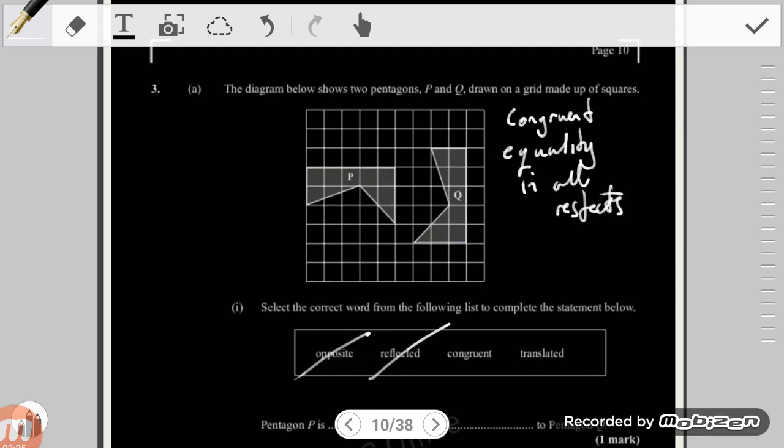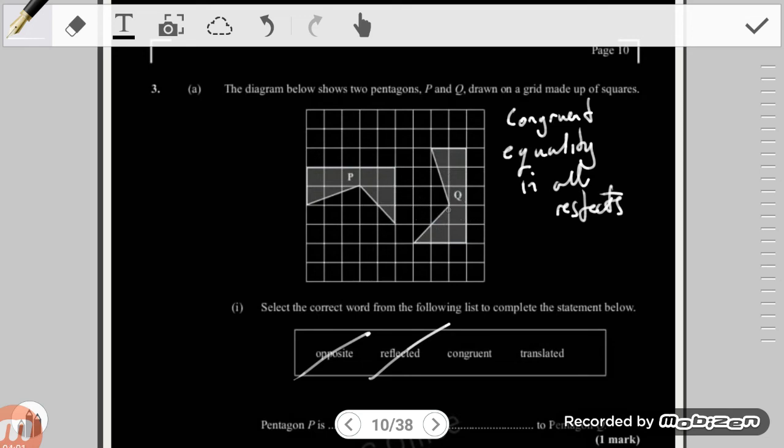So if two shapes, diagrams are congruent, then it means that the area is the same, the lengths of the sides are the same, the angles created by the sides are the same, the perimeter is the same. It almost means like if I take object or image P and try to turn it around, I should be able to fit it exactly onto P, and that kind of looks like